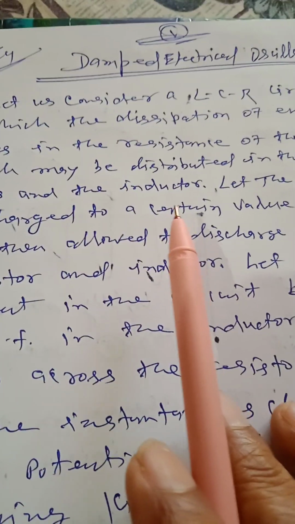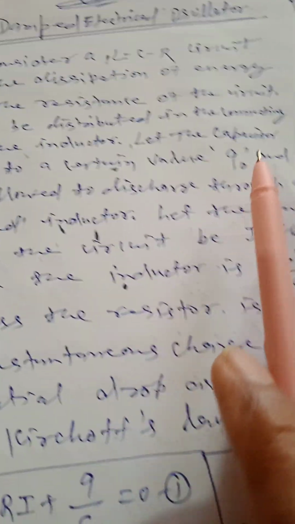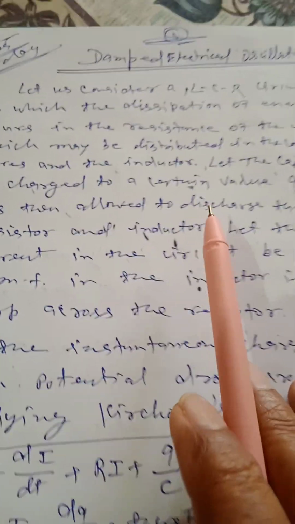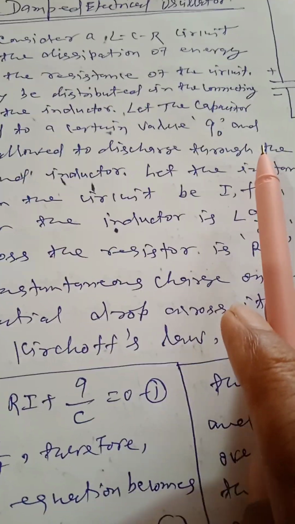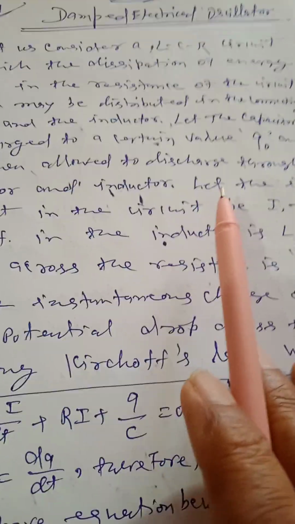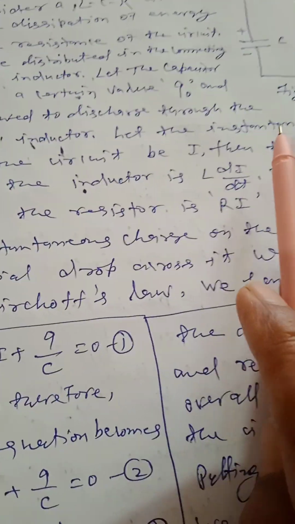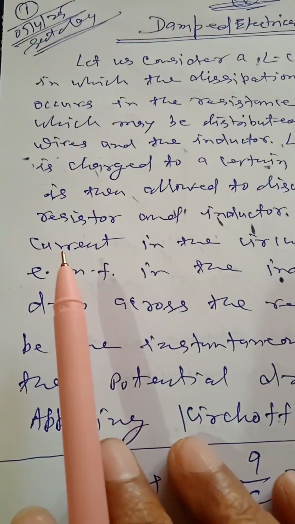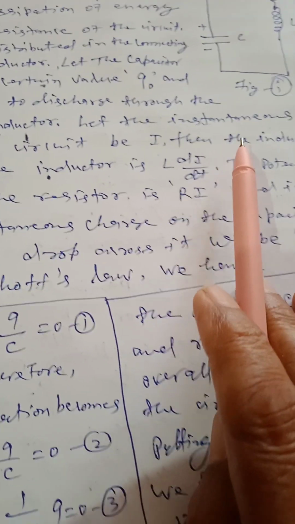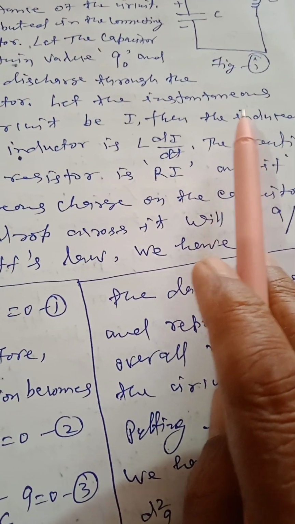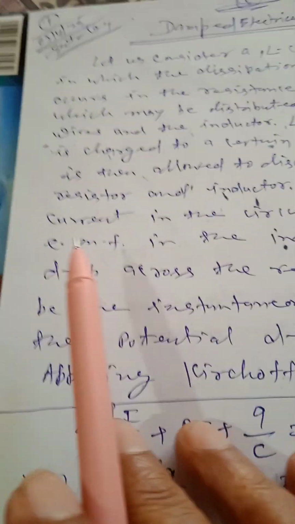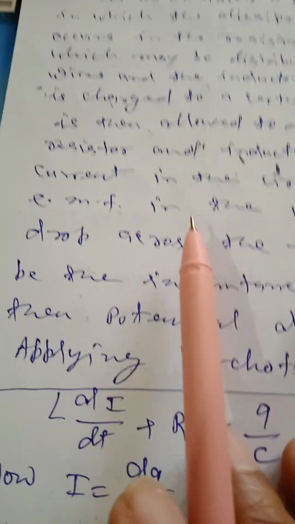wires and the inductor. Let the capacitor be charged to a certain value Q naught and then allowed to discharge through the resistor and inductor. Let the instantaneous current